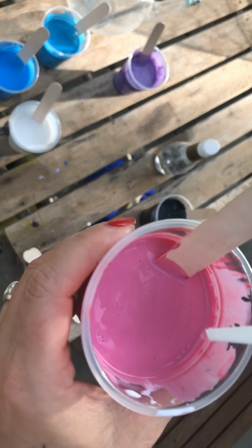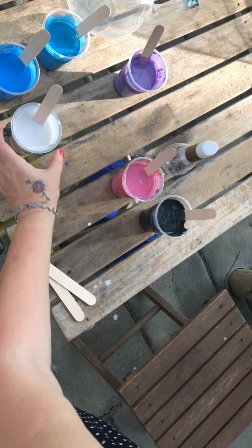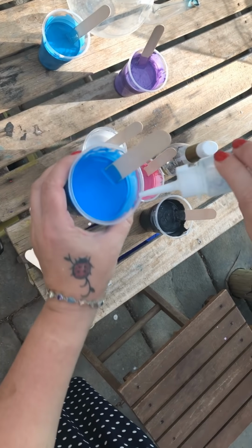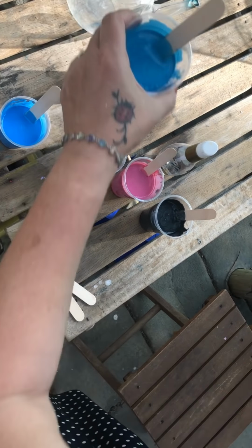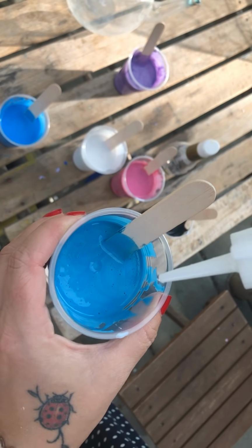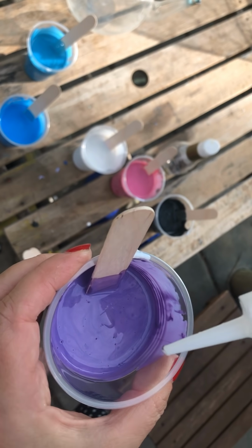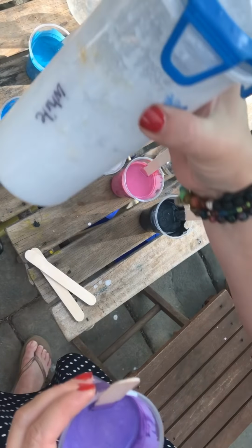And these cups are 1, 2, 3, 4. I'm going to do 4 and make it even. These size cups, I can't remember what size. I'll have a look in a minute and let you know. 1, 2, 3, 4. Oh, that was a bit hasty. And 1, 2, 3, 4. And 1, 2, 3, 4. I'm going to use flat white as my layering colour and background, which is already made up here,